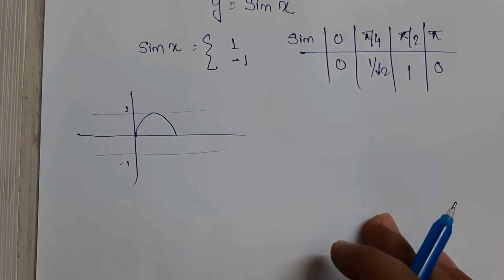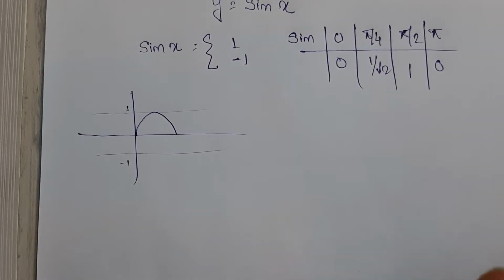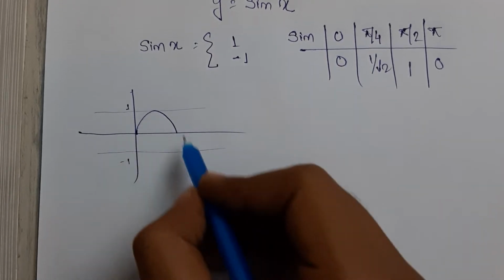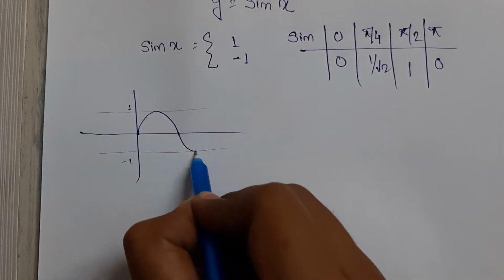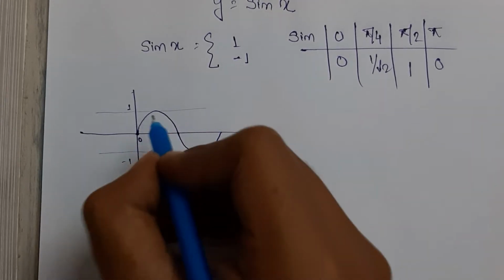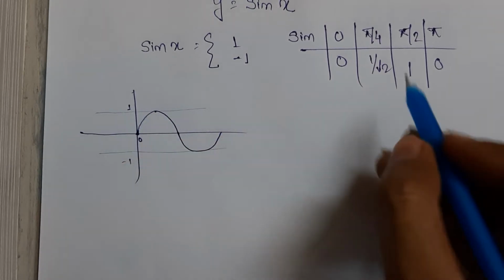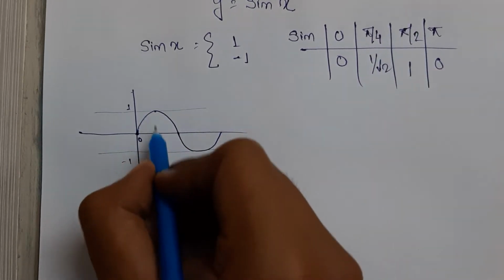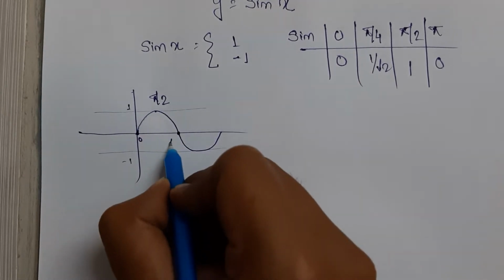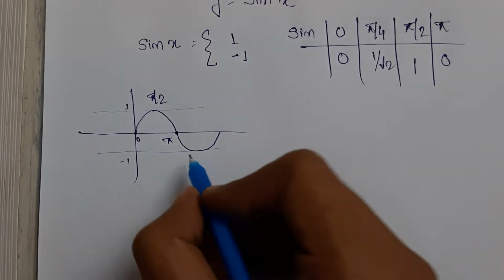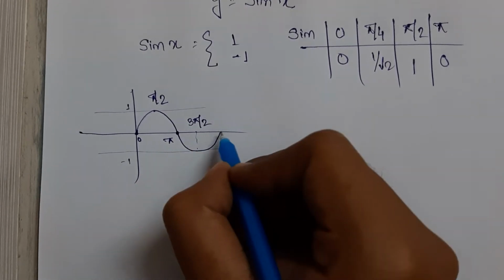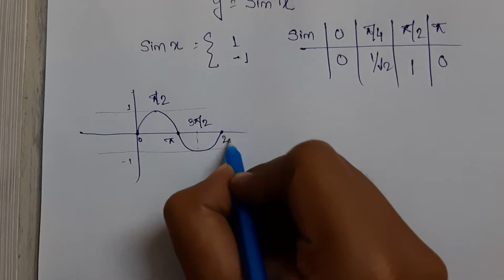It will basically be like an AC graph, alternating current graph. It will be in a pulse mode, right? So it will be like this. Again for this it will be like this. So what will be the coordinates here? It will be 0 here. Pi by 2, it will give 1. When it gets 0, it is at pi. When it gets -1, it is at 3 pi by 2. Similarly, when it gets another 0, it is at 2 pi.